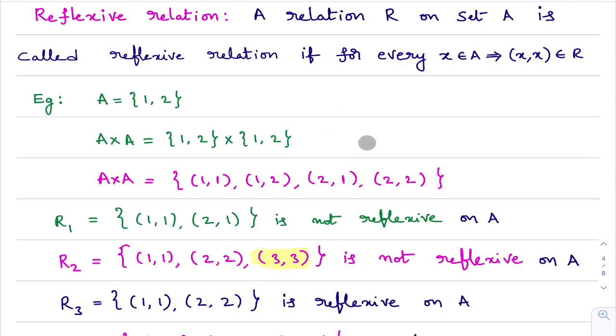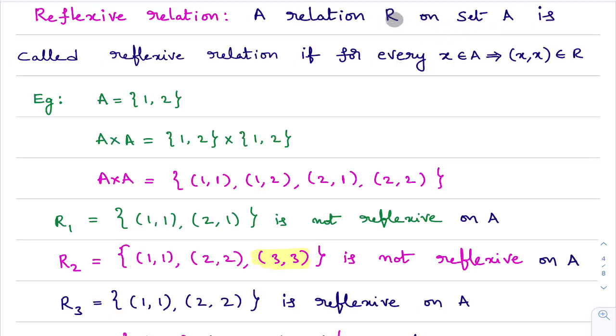Okay. You see here, first we will learn the definition of reflexive relation. A relation R on set A. First of all, what is this R? R is a relation on set A. R is a relation on set A means R is a relation from A to A. What is a relation? That we learned in the last class. I am not going to explain it again. You must know what a relation is. Here R is a relation from A to A. That we simply say that R is a relation on set A.